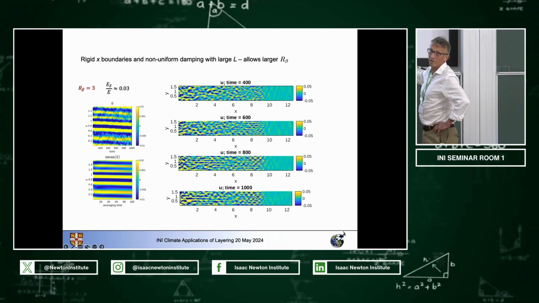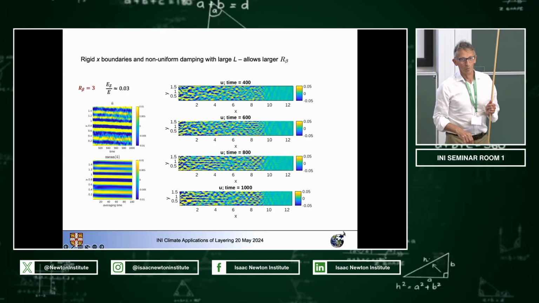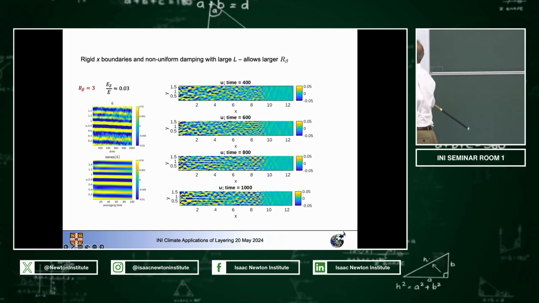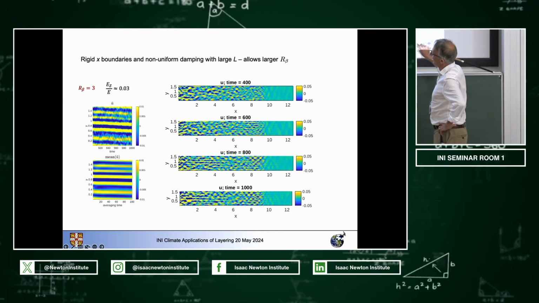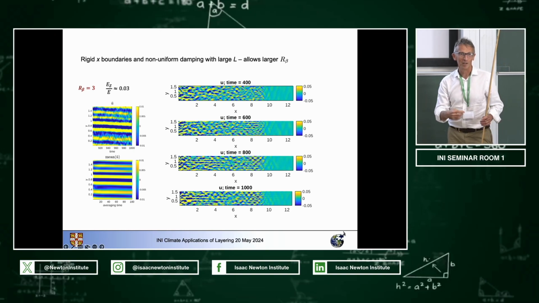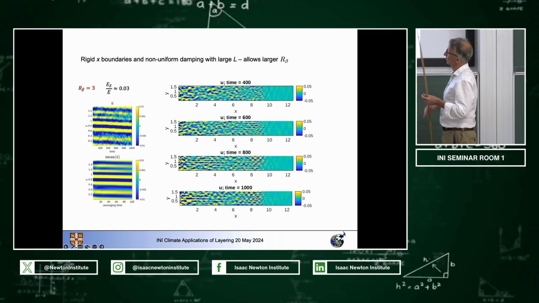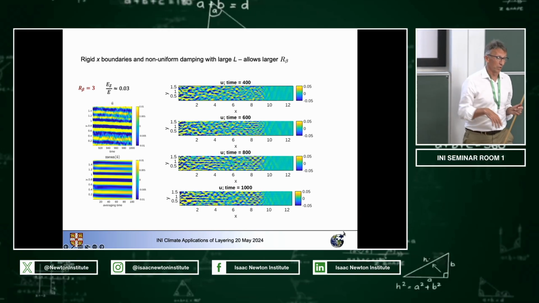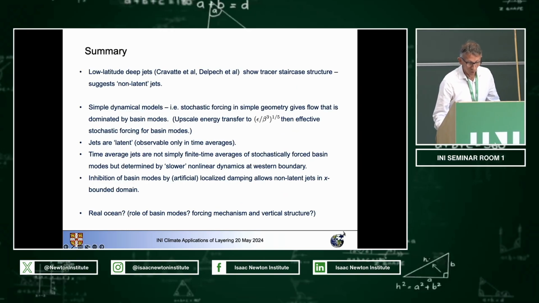And what you can see is that in these cases, the jets are not latent in some vague sense, right? They're quite visible. And so the existence of boundaries here and here does not in itself inhibit the formation of the jets, right? It's not essential for these jets to be able to recirculate. What inhibited the jets in the first case I talked about was this generation of Basin modes. So where we've got to,